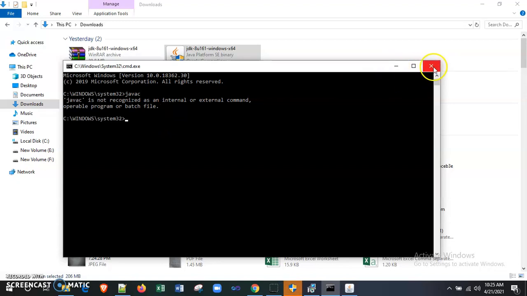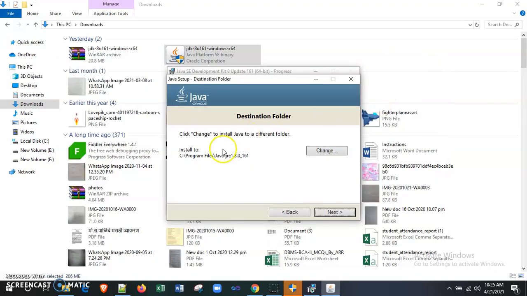So here I am closing this window and see our setup is here, destination folder. This is the JRE path, right? Previous was the JDK path and this is the JRE path. Again, if you want to change the folder, you may change it by clicking on this change button, but I don't want to change this path, so I'm clicking on next button.